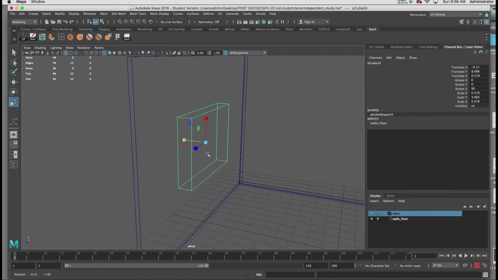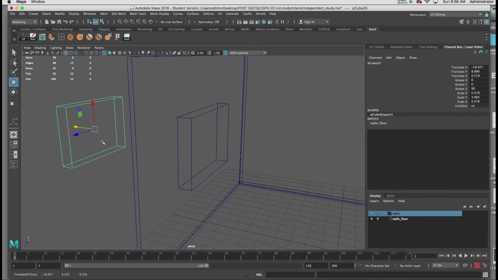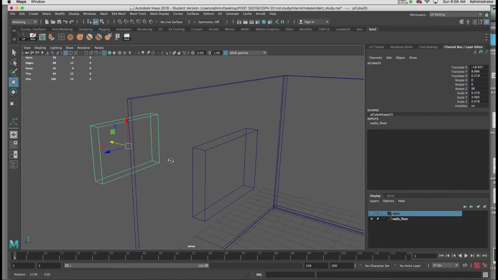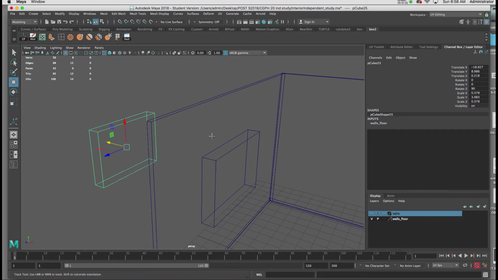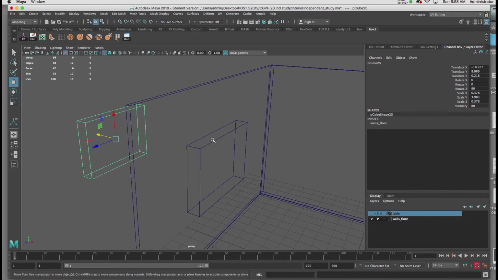Now, just like the door, I'm going to use a polygon of this size afterwards to make the window frame. So I'll hit W, Command D to duplicate, and I'll pull that off to the side. Now, in order to put the hole in the wall now for that future window frame,